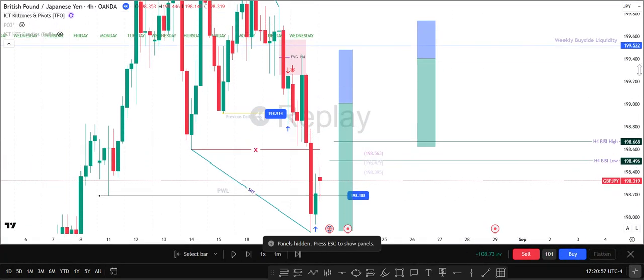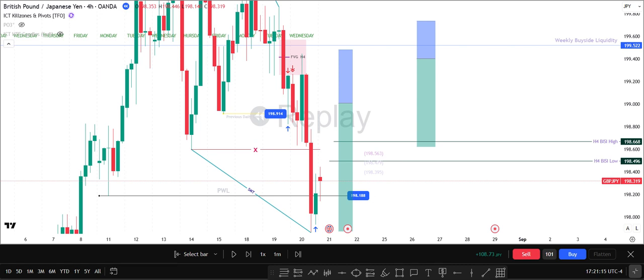So I just want to share something about the London reversal, or also the New York reversal. Yeah, this was a setup that happened on the GJ. So the GJ,